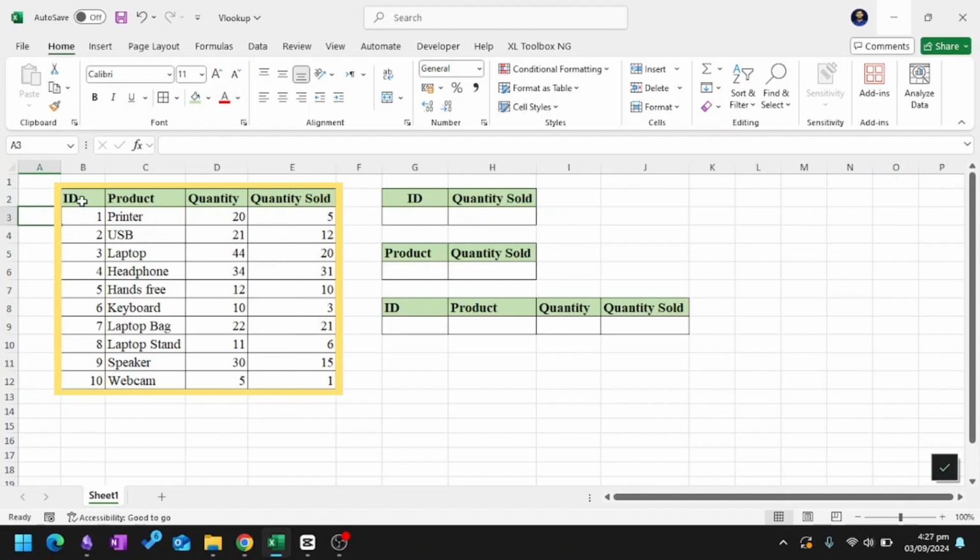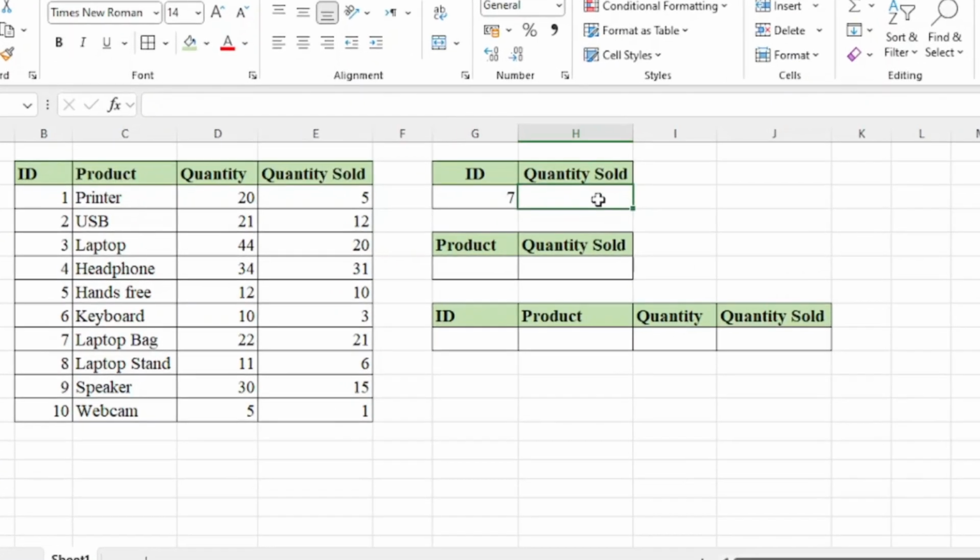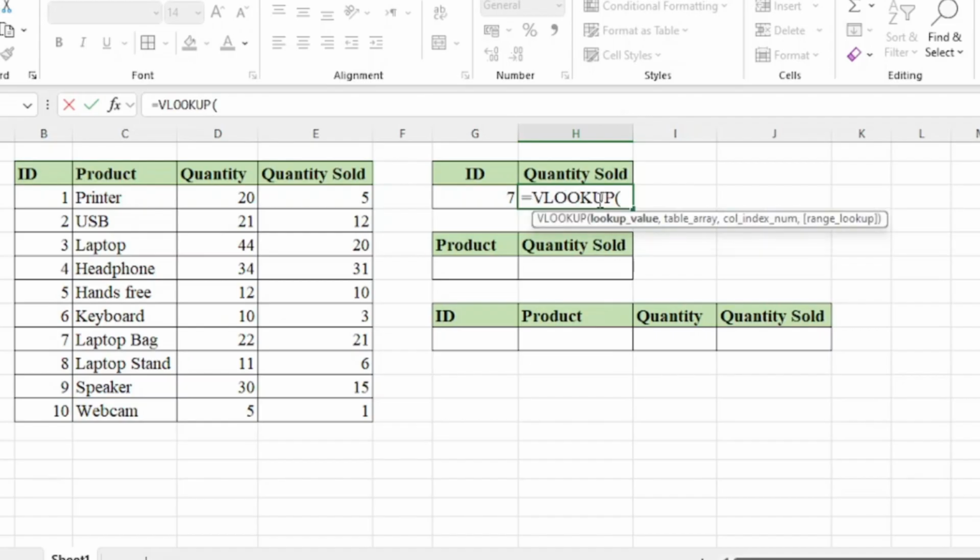My columns are ID, product, quantity, and quantity sold. Next, I have my two columns, ID and quantity sold. If I want to search for the quantity sold for the ID 7, to do this manually, I'll go to the first column, look for the ID 7, and in front of it, I'll look at the 21 in the quantity sold column. To automate this, in the quantity sold column, I'll start my function with equals, VLOOKUP, press tab,